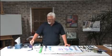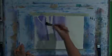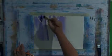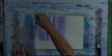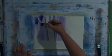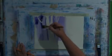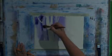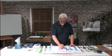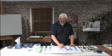So we got that same violet. Once again, let's come in and paint some of the tight areas that don't need to be blended. And let's work on this outside area. Now that looks pretty dark, but trust me, it will dry much lighter. And what you're going to begin seeing in a few minutes, you can see this whole thing just start coming alive. And there's going to be so much dimension and so much depth,